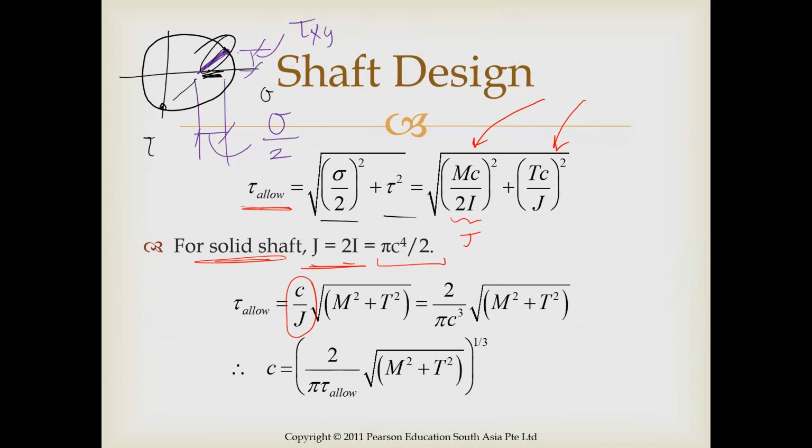And we're left with the square root of moment squared plus torque squared. C and J are both geometric properties. So if we're trying to design the geometry of the shaft, it's much easier if we only have one geometric property to target. Fortunately, J is a function of C. So we can plug that in, and now this part outside the radical reduces to 2 over pi c cubed. And now we have a relationship between the allowable shear stress and this right-hand side, which is a function of only loading